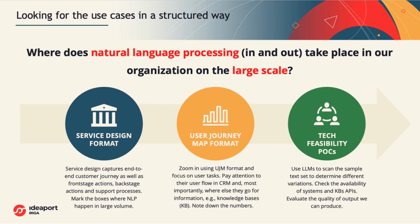For example, for inbound messages processing, you could use LLM prompts to come up with the types of API you would need to process the emails. And then we would need to check if these APIs are already available. Then we would repeat the same, but this time we would be extracting the type of questions you would handle